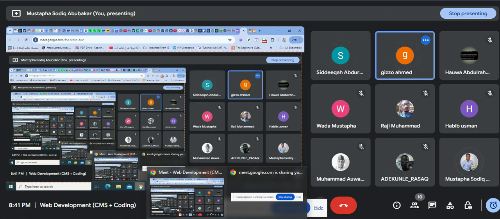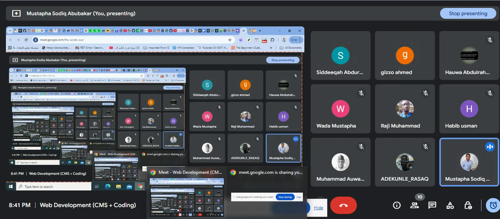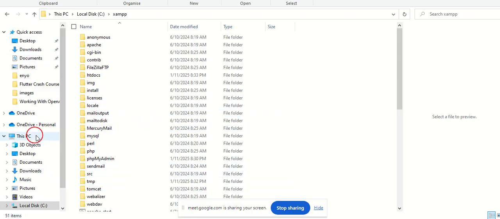Then once you installed, what happened? And have you checked your local C drive? Yes, I have. I'm not able to install it. See, I think the best thing you have to do now is just copy the software file, then put it on your Windows, then install it right from there instead of your OneDrive. Okay, so I move it to my downloads.